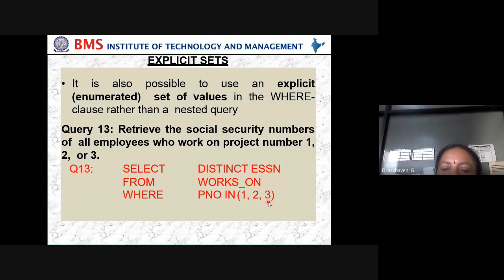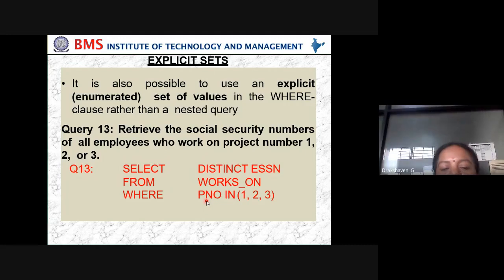So here we want to know whether a particular person, that is the employee, is working on the three projects. The project numbers are 1, 2, and 3.